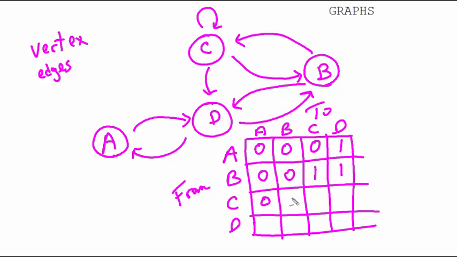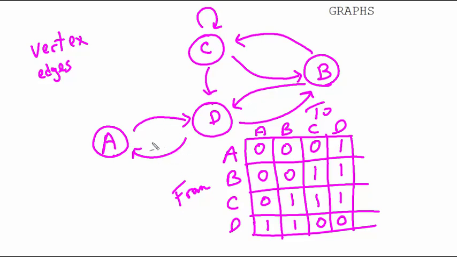No. Can it go to Boston? Yes. Does it have a scenic tour? It does. Can Chicago go to Dallas? Yes, it does. Dallas, can it go to Austin? Yes, it can. Can it go to Boston? Yes, it can. Can it go to Chicago? No, it cannot. Does it have a scenic tour? No, it does not. So what you see here is a graph, a simple 4-node graph, and this is called